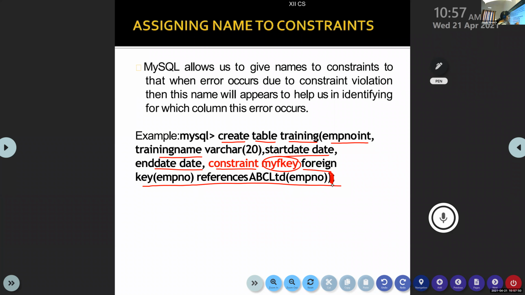Question to you, Achut. I need to add one more constraint, like start date default constraint as 1/1/2021. How to add that? So you say this constraint is added. Okay, that is a foreign key constraint. If you want to add one more constraint, the constraint is start date default value should be 1/1/2021. So how to add it?